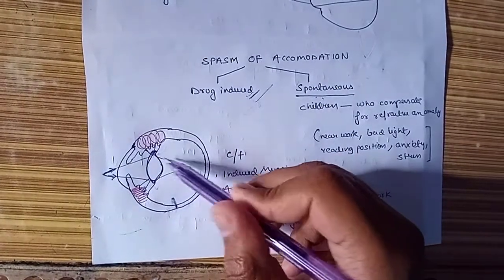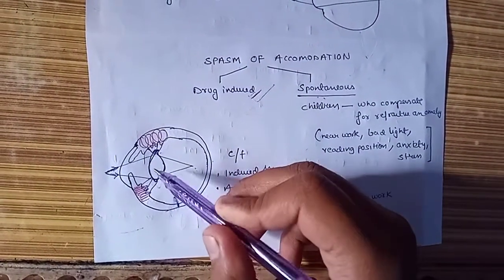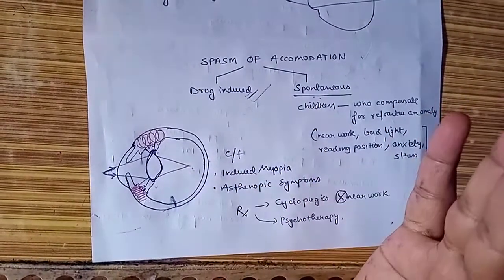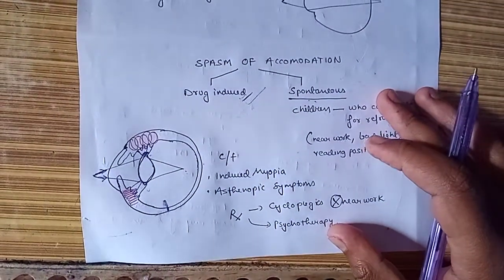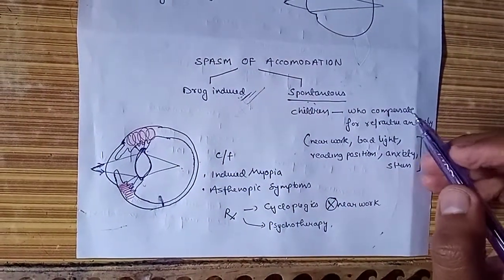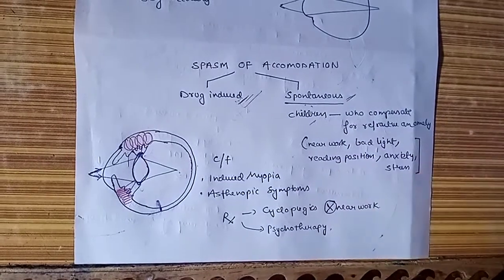In this case they will focus before they reach retina. This is because of highly increased power of lens, because of its increased curvature, that is because of spasm of accommodation. So this is the drug induced case of a spasm of accommodation, whereas spontaneous are generally seen in children who